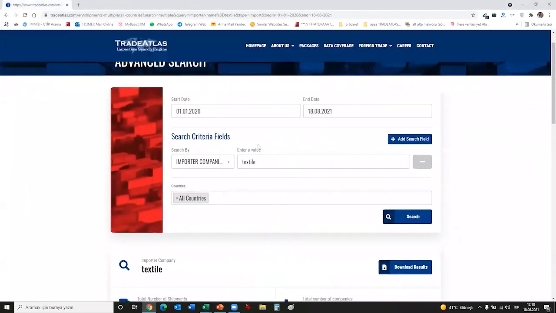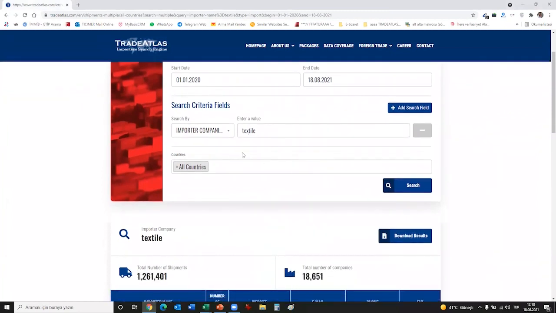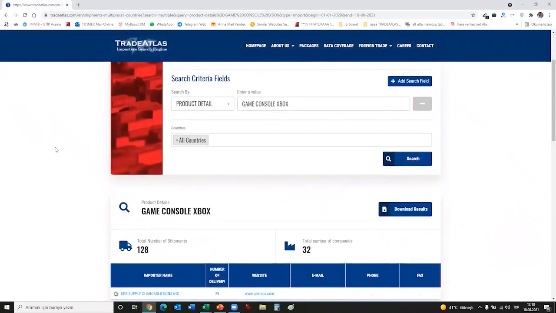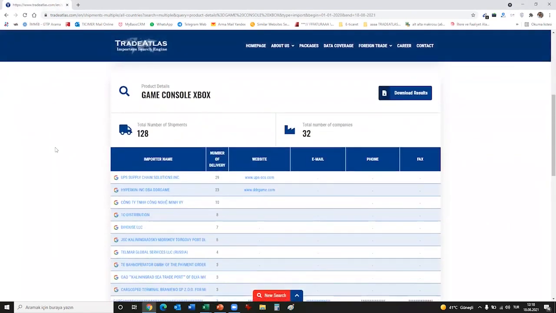Okay, so the dates are okay. I'm not going to change them. I will go to the product detail part here, and I will write game console Xbox. So now the system is going to search all the forms in our database and find where game console Xbox is written. Okay, so you can see that UPS Supply Chain Solutions imported Xbox 29 times,